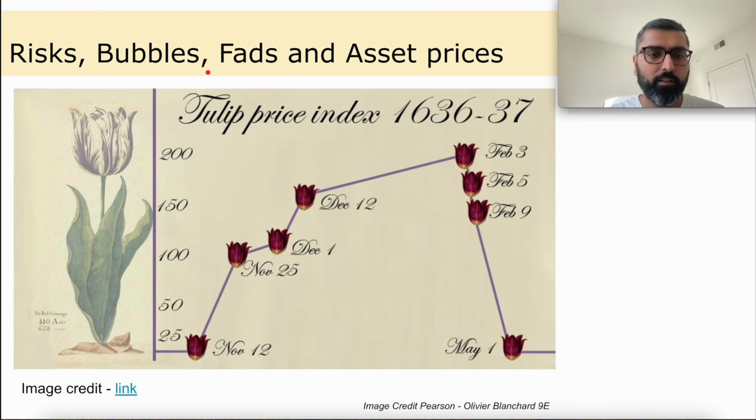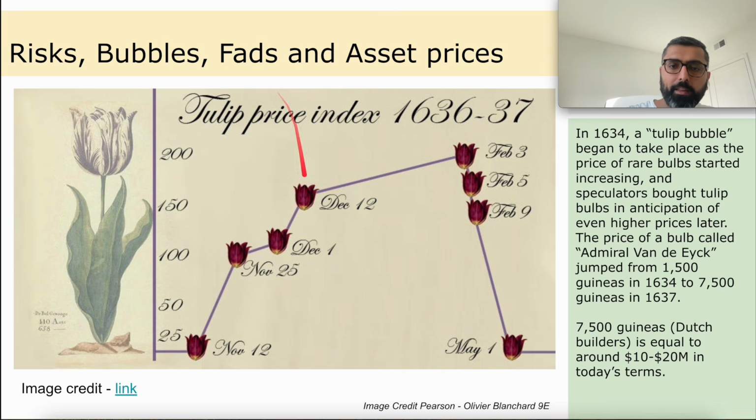If you look at the tulip mania of 1636 to 37, a tulip bulb is what grows into a tulip plant with that flower at the top that looks like this. And there was a specific bulb with a specific color pattern, and that one bulb went for